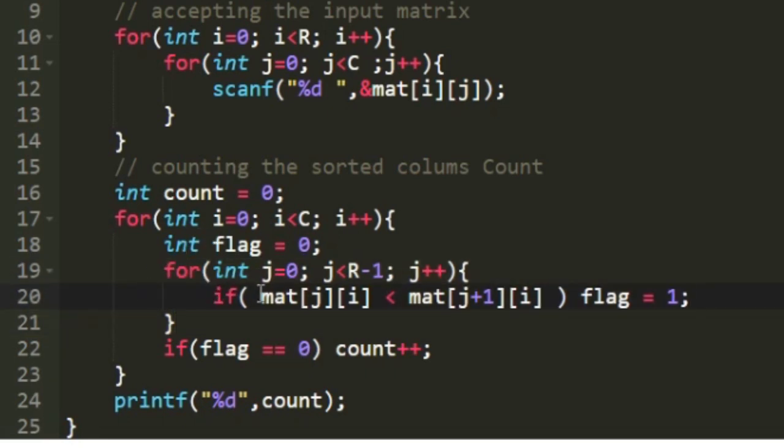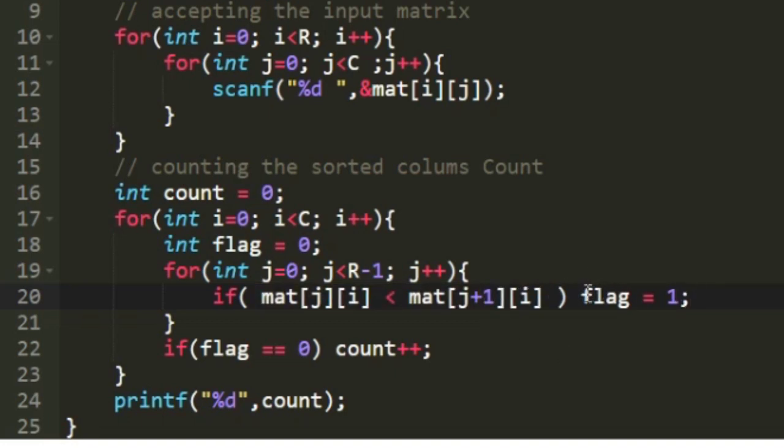And inside the j loop we are checking whether mat[j][i] is less than mat[j+1][i]. So what this does is it would be checking whether the value present in the next row of the same column is greater than it or not. And if it is less, it means that it is in increasing sequence. And if this condition is satisfied, it means that the values in the particular column are not in descending order.